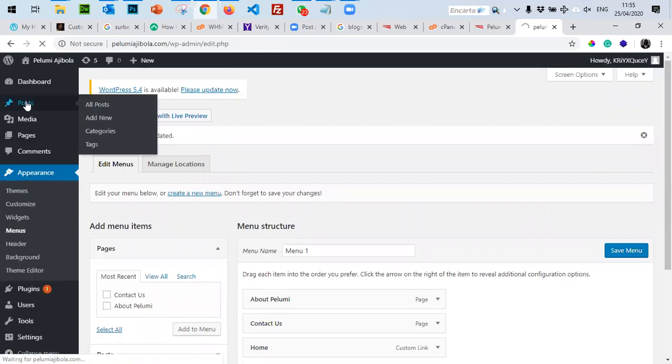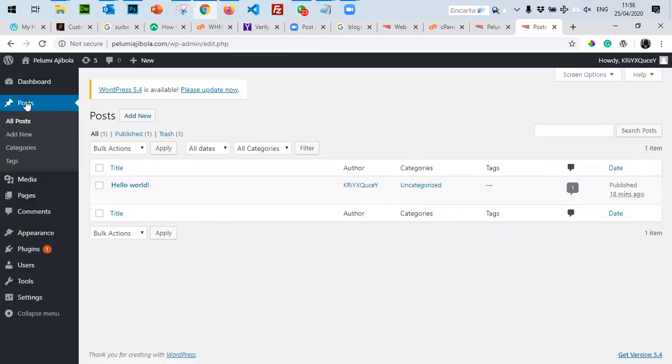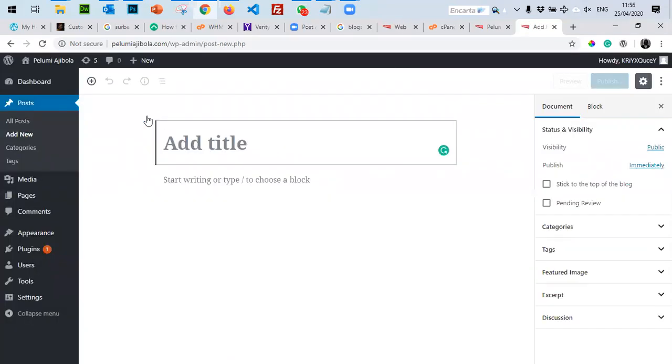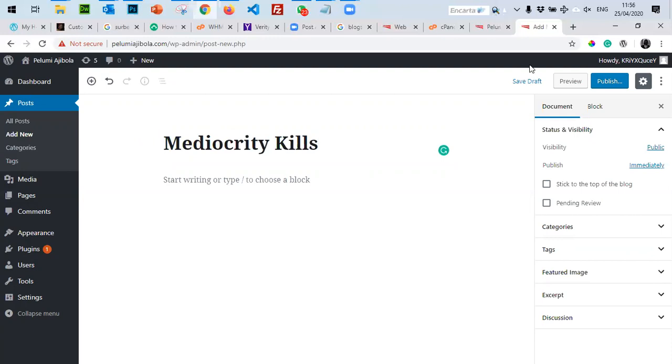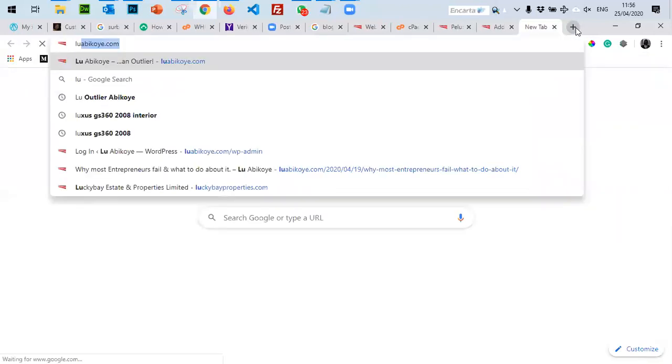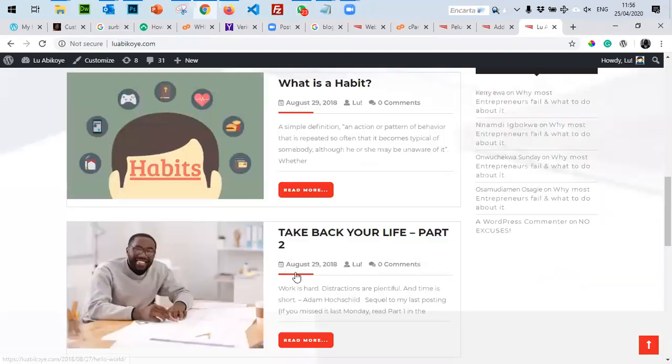Now, for my post, for a blog, this is where the blogger spends all this time. He just creates new blog posts. So if I have a particular article that I want to write, for instance, I want to write "Mediocrity Kills" as a post, let me go and look for the article on mediocrity.